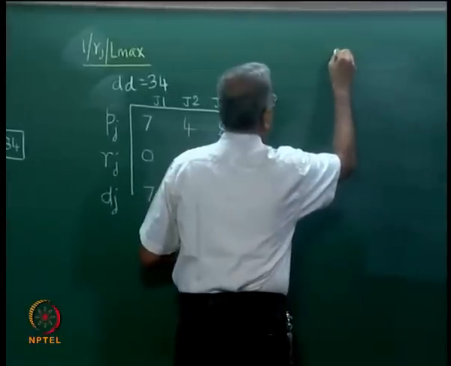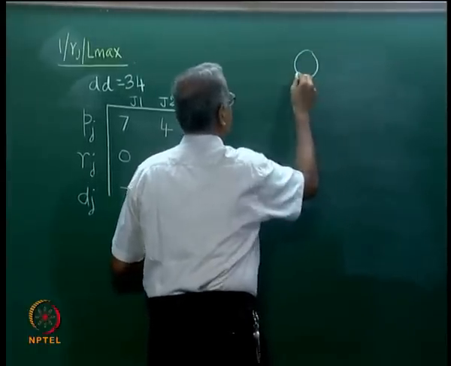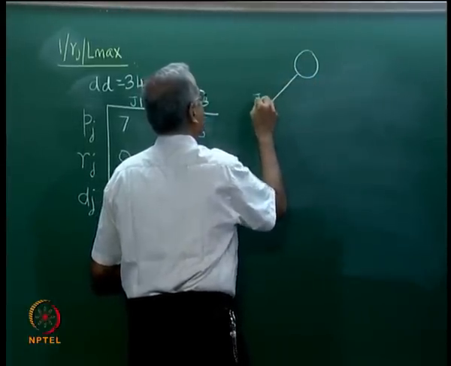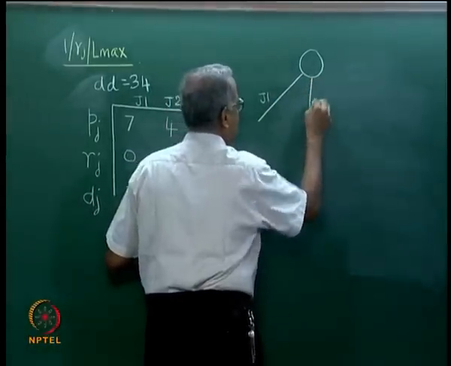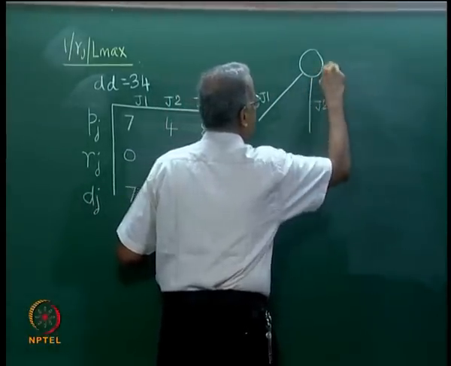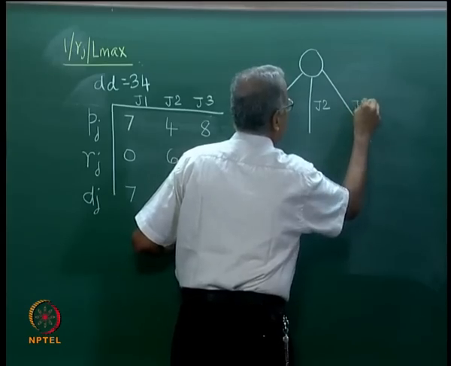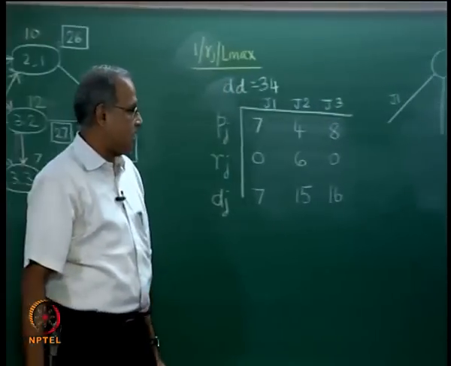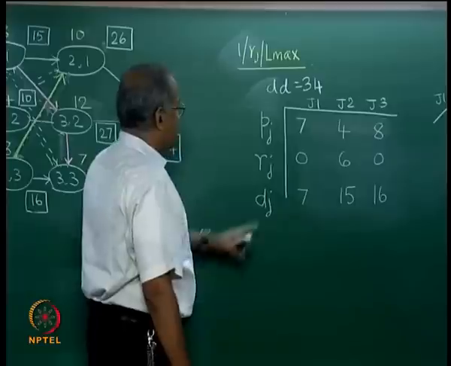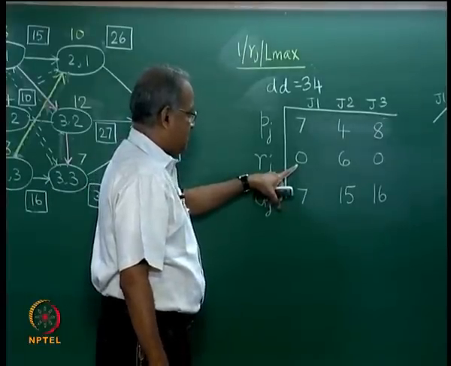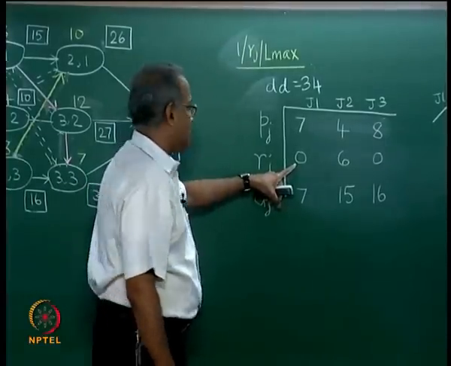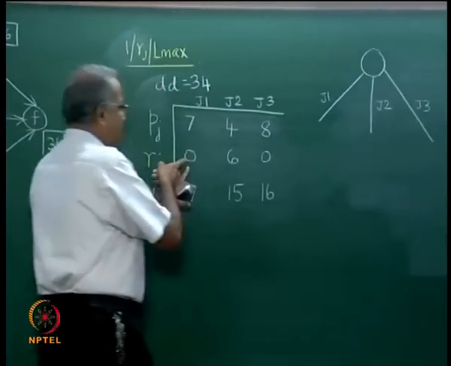So we now begin with J1 as the first job in the sequence, J2 as the first job, and J3 as the first job in the sequence. So when we look at J1 as the first job in the sequence, now it is available at